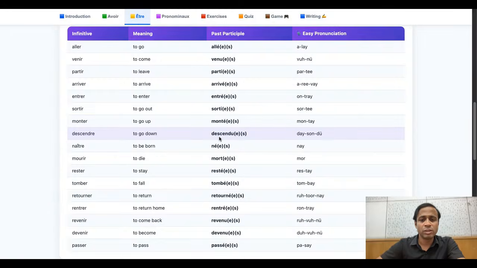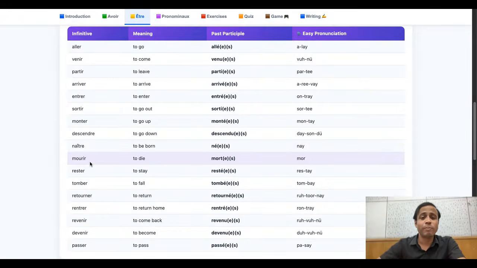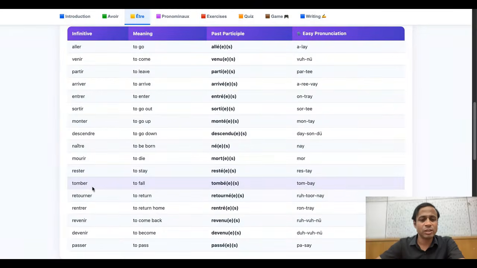descendre, descendu. I'm not telling you the meaning in English because it is already written there. I'm telling you the pronunciation. Naître, it is né. How do you pronounce né? Mourir, mort. Mort for masculine, morte for feminine. When you add e, then the t will be pronounced. Rester, tomber,